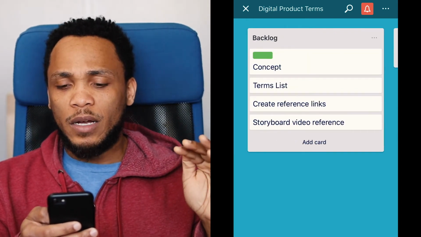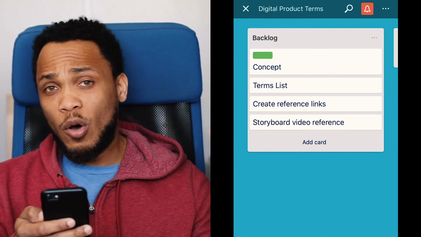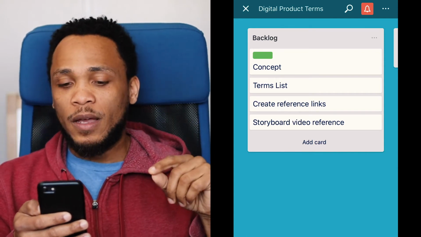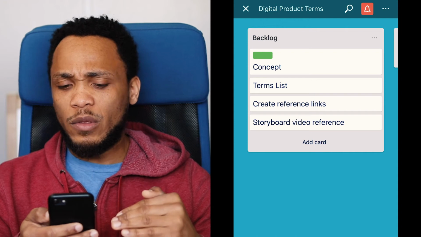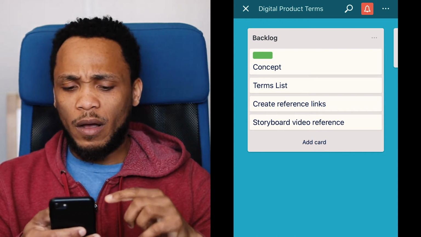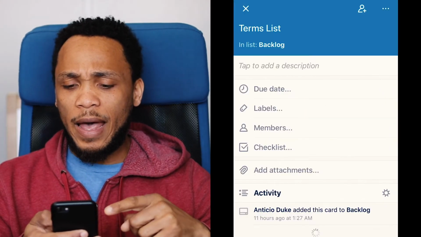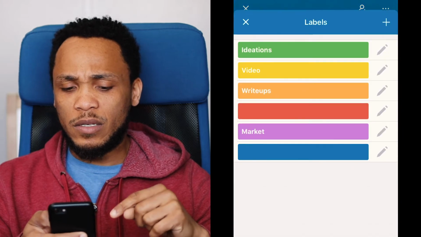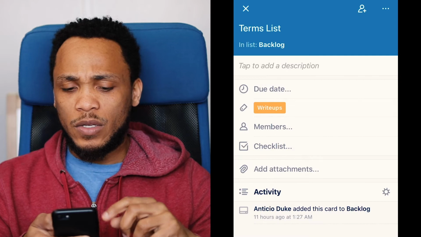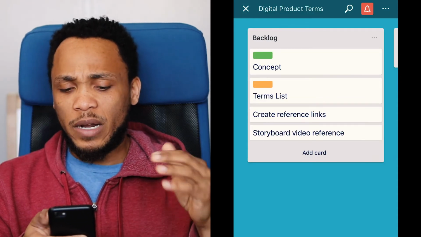boards up. If you'd like me to do a tutorial of how I actually set these things up and from a holistic project perspective, leave a comment below, let me know, I'll tackle it. But in this example, a few things in the backlog. And one you'll notice, one has a green bar, which is a particular label. So I'm actually going to add a label to terms list as well. I'll just put write-ups for now. So now you see two particular labels that are associated with these